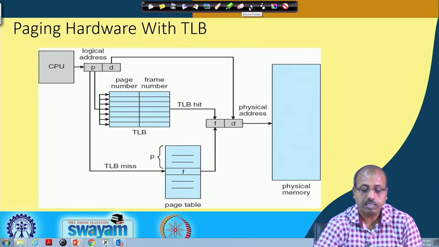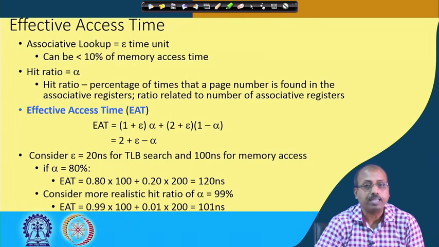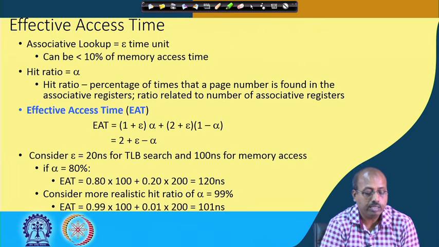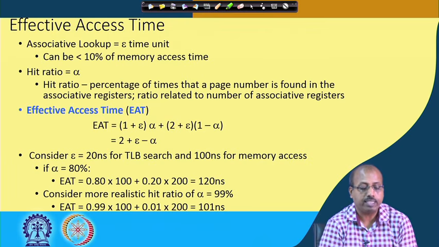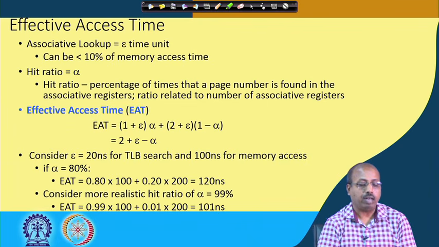This speeds up the process definitely. So, you can calculate the effective access time. Associative memory lookup takes, suppose, epsilon amount of time. Normally it is less than 10% of memory access time, so associative memory access is pretty fast. The hit ratio is alpha, that is the percentage of time that a page number is found in the associative registers. That is called the hit ratio,